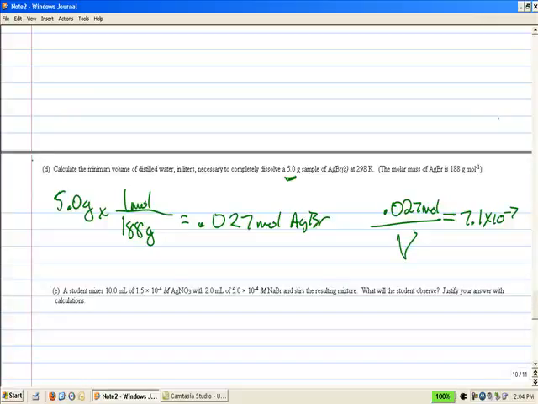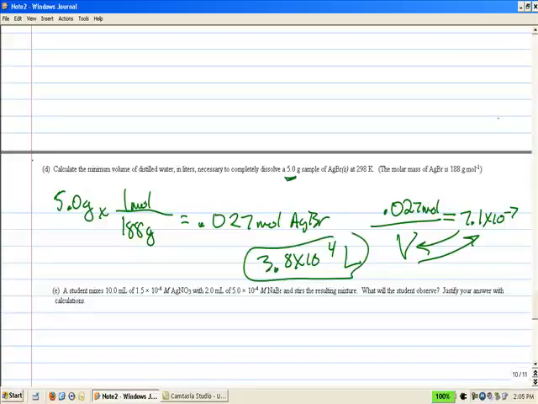So I've got my volume here. All I've got to solve for is V. So I'm going to switch these two around. I'm going to take 0.027 and divide it by 7.1 times 10 to the minus 7th. And I get a large number of 3.8 times 10 to the 4th. That would not be negative 4th, positive 4th